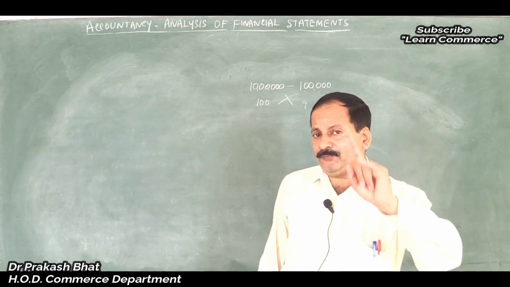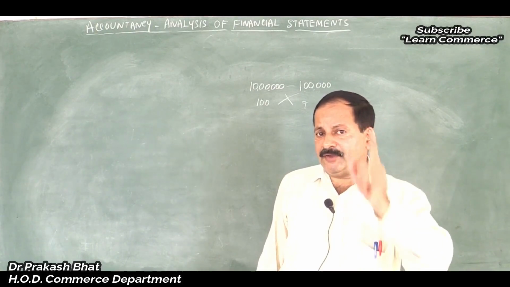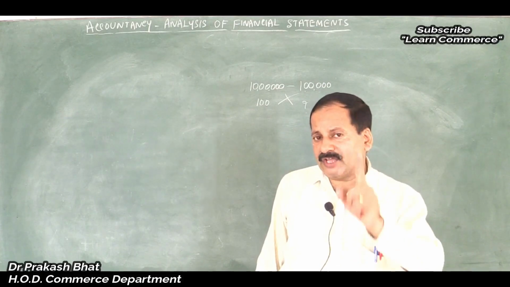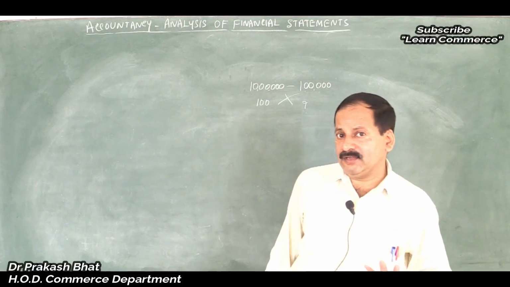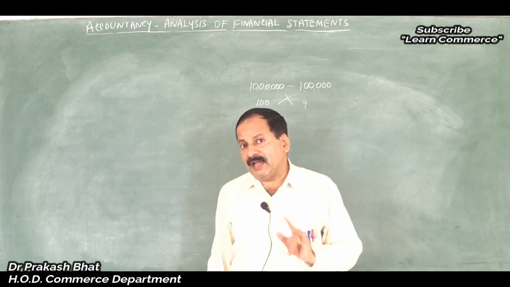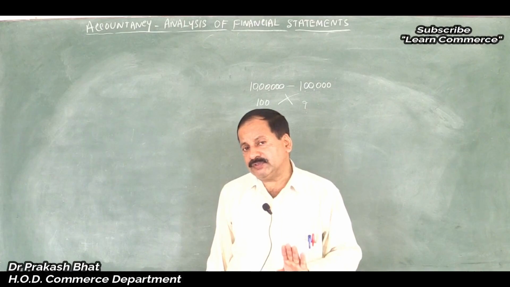It is given as comparative income statement; the meaning is the same as comparative statement of profit and loss. Statement of profit and loss and income statement are both one and the same, alternate names for the same thing. Clear? Yes. Then balance sheet and position statement are also both one and the same.